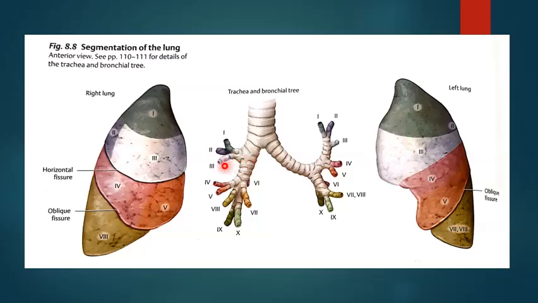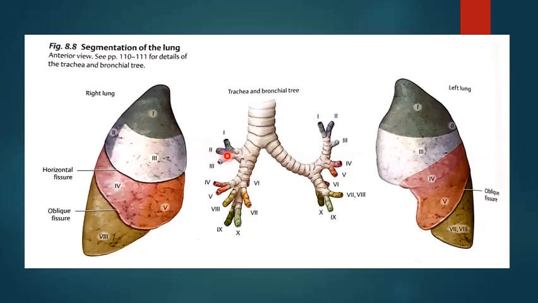Then, once it has entered into the hilum, within the lung, the bronchus is crossed by the right pulmonary artery. Before the artery crosses the bronchus, here at this level, in the next picture I'll show you how the artery is related here. So before the bronchus enters into the lung, here it is related to the pulmonary artery, and it gives off an upper lobar branch.